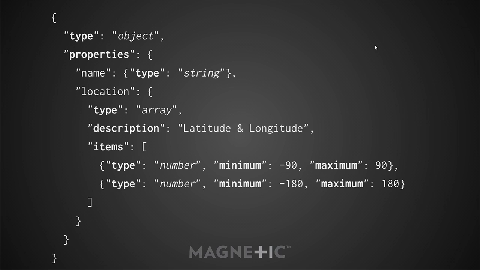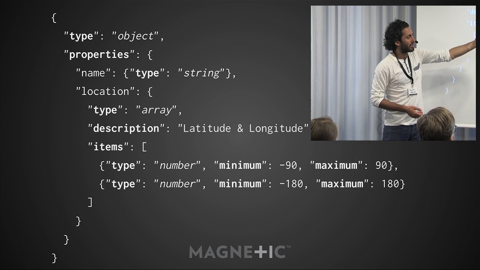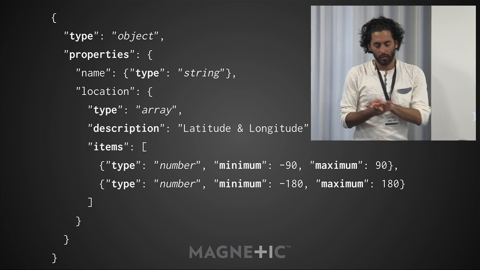So if they're there, they need to satisfy each of these schemas. If they're not, that's fine. So for example, the name property there needs to be a string, if it's there. The location is going to be an array like we saw before. Description doesn't really do anything. It's just there for information for anyone reading the schema. So maybe we're letting them know that we're trying to represent latitude and longitude. And then items is a validator that basically says when items is an array, it means all of the corresponding elements have to match those schemas. So this one means the first item in the array has to be type number, at least -90, at most 90, and then correspondingly the second one.